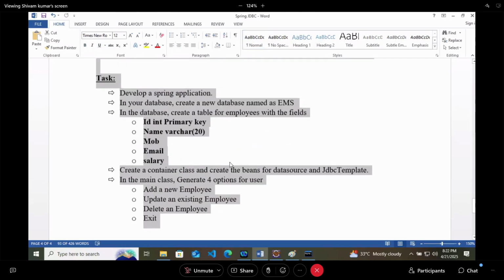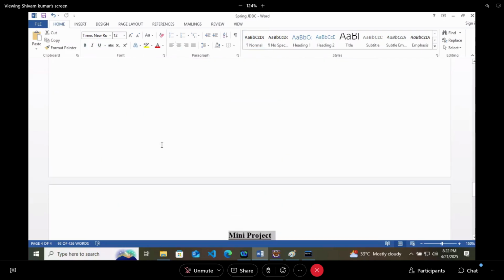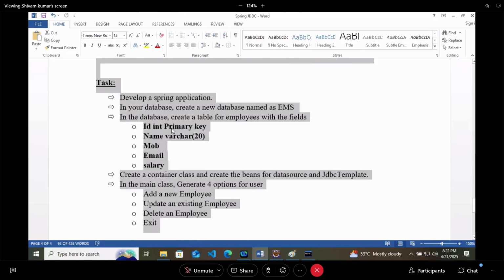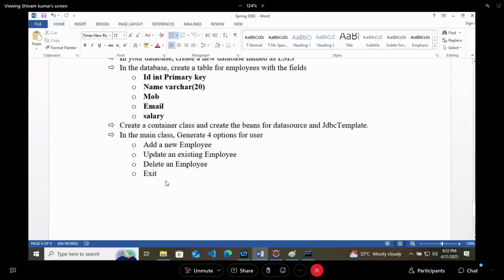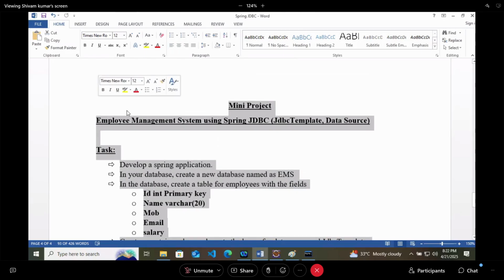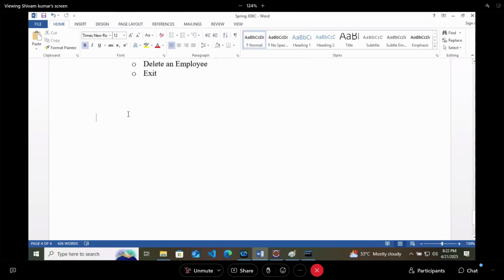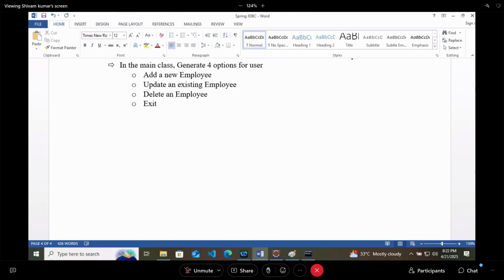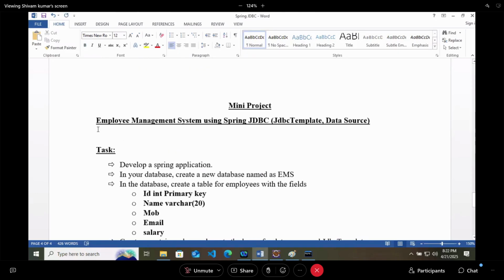Oracle we will do when we are done with the query method also. So this also we will do with MySQL. Both are using SQL only, so there is no need to worry. So let's start solving it step by step. Develop a Spring application.